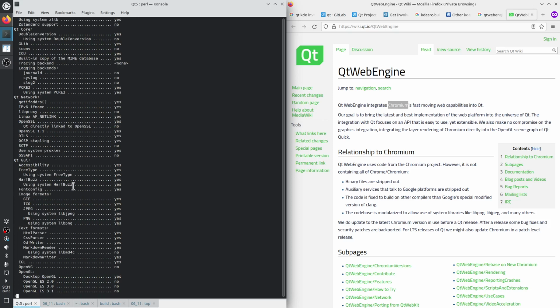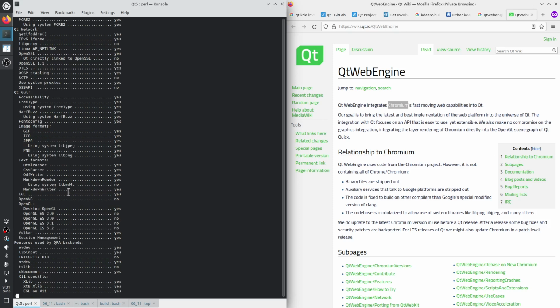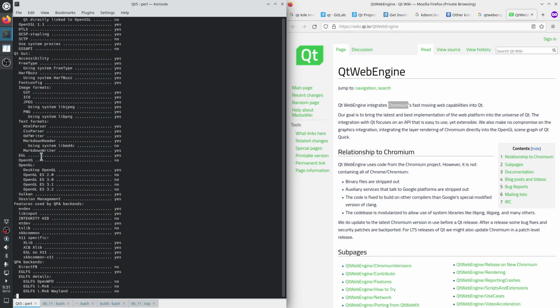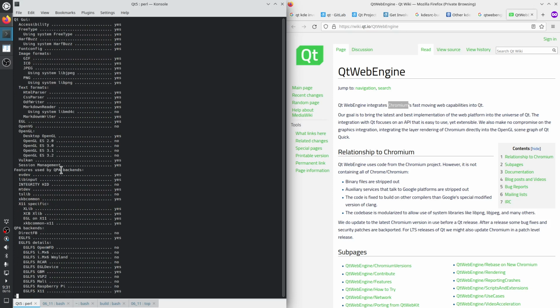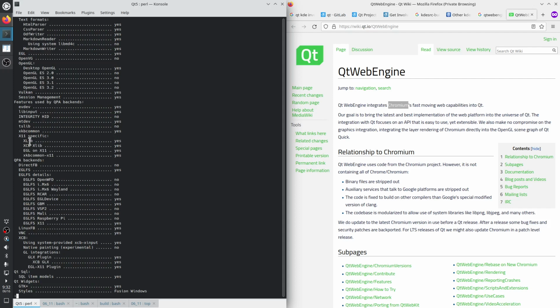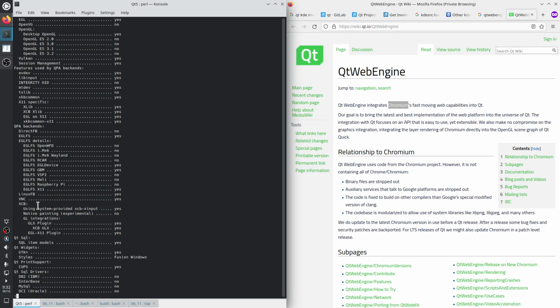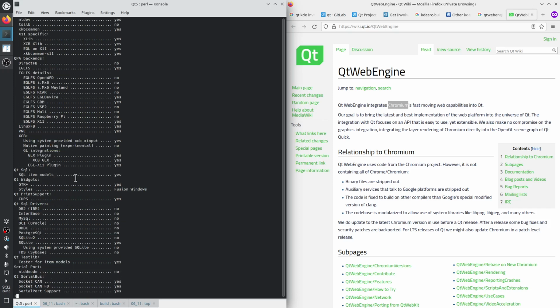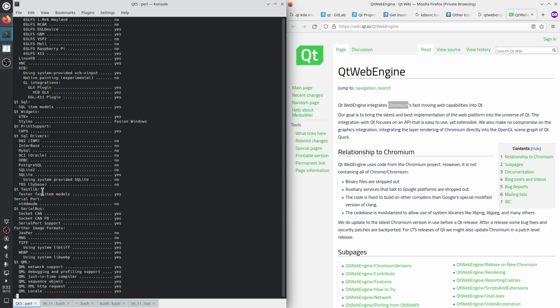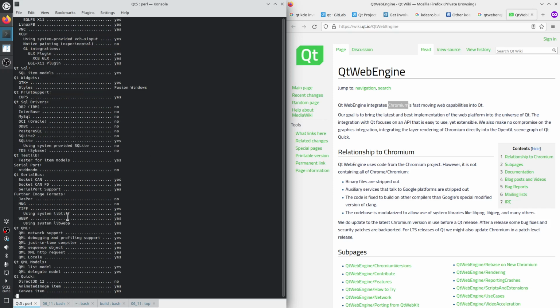Yes. Qt network, Qt GUI, FreeType, HarfBuzz, the image libraries, EGL, OpenGL, Vulkan, QPA backends. Really important to have the QPA backend for XCB, which is default on X11. QPA backends for XCB and GLX. Okay. Qt SQL, Qt widgets. We have CUPS for print support. SQLite. What else? WebP,